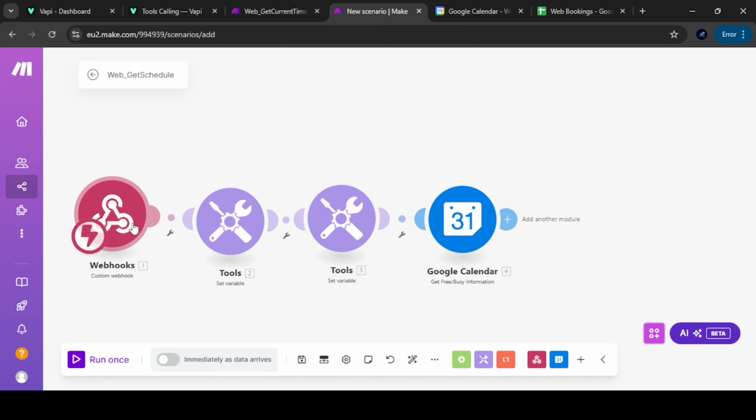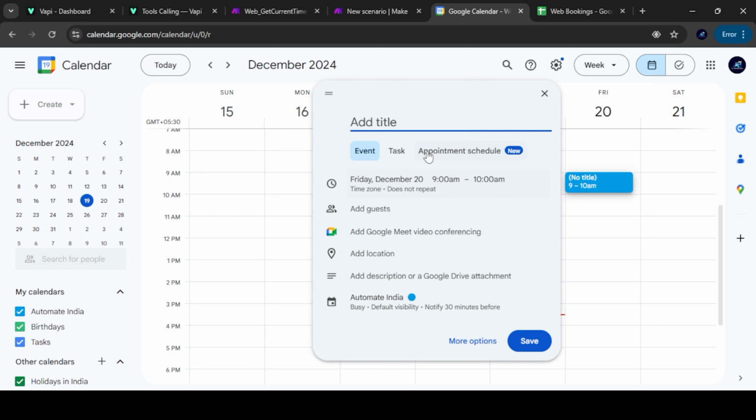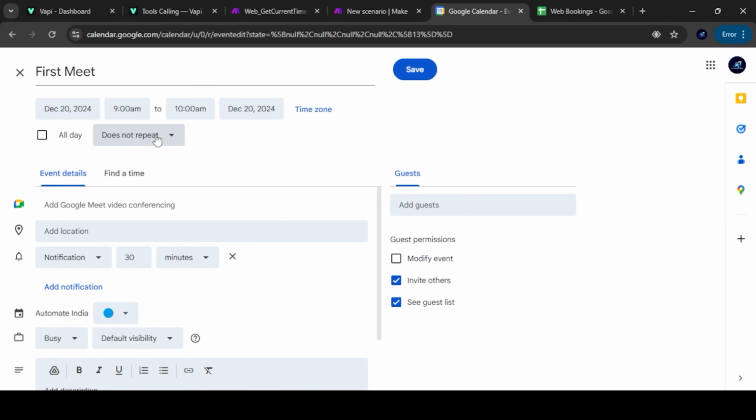So let's run it and check once to see whether we are getting the busy times or not. This is the calendar for tomorrow, 9 a.m. to 10 a.m. with the slot. Okay, that's first mid. Let's go to more options.